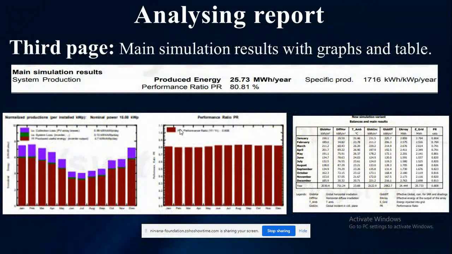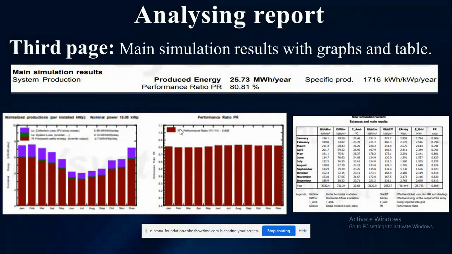And then on the third page, the main simulation results are given. Our 15 kilowatt ground mount project will generate about 25.73 megawatt hours per year. It will also give the performance ratio and the specific production, along with monthly graphs, and you can see the monthly table here.